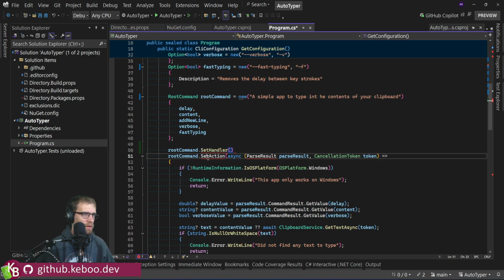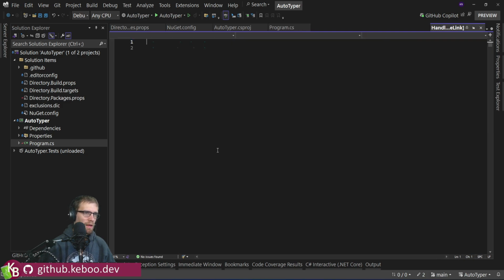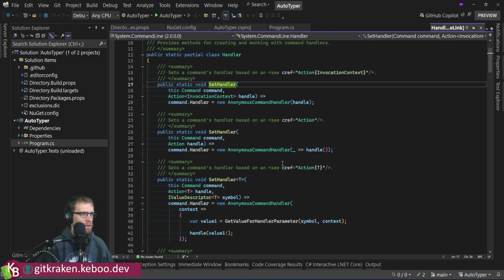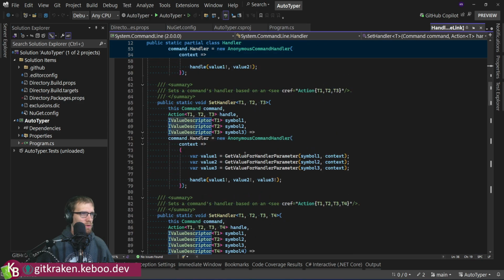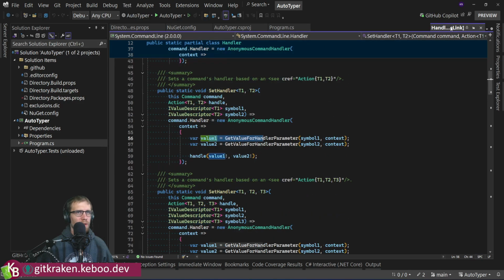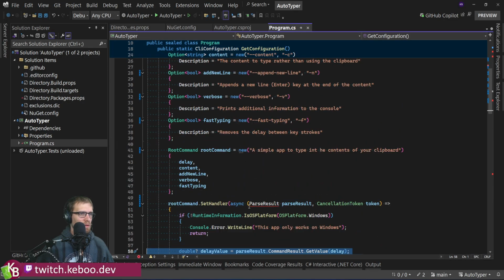So rather than set action, it's set handler. That changes to there. Set handler takes in, I think we can get fancy with this guy. Yeah, because he'll take in value descriptors instead, and it will do the parsing out for us. So this becomes actually, in some ways, easier because we can then do